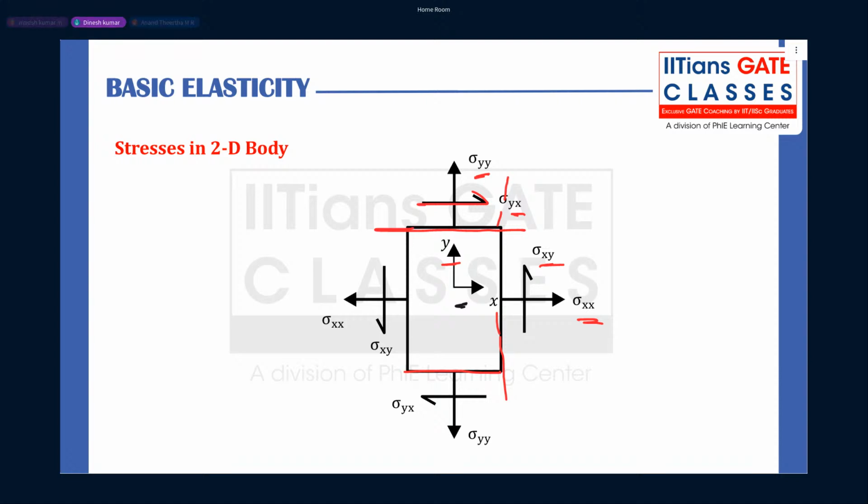So the corresponding shear is in the negative x direction, right? Now guys, the last plane: is it negative x or positive x? It's negative x, right? So the corresponding shear is in the negative y direction. So you guys understood how we draw this stress system in basic elasticity? Clear, everyone? Yes or no? We can do a poll quickly.